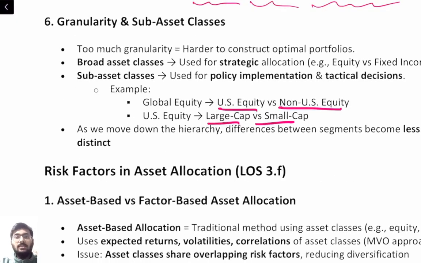Strategic versus sub asset classes: strategic asset allocation means focusing on the broad classes like equity and bonds. Sub asset classes are more detailed, like US equity versus non-US equity. As you increase the granularity, the differences between the classes reduce, and diversification benefits also get reduced. Though you define them into layers, diversification benefits keep on reducing, because in equity you created US equity and non-US equity, but they are equity, so they behave at least in some portion in the same manner, while bonds and equity will not behave in a similar fashion.